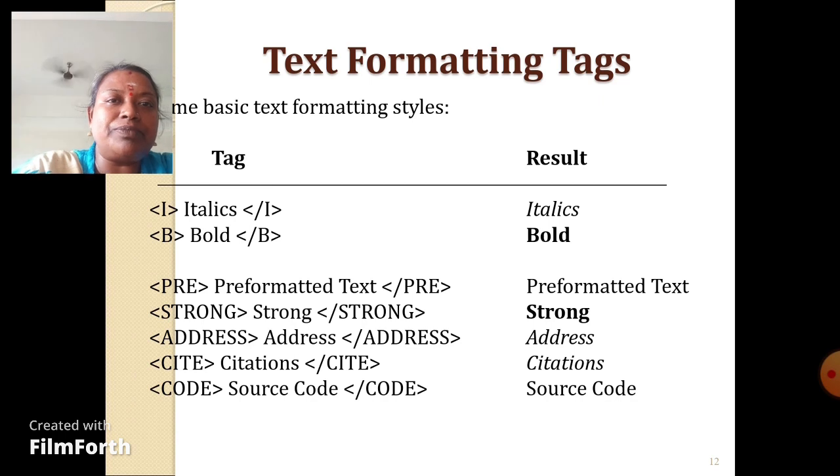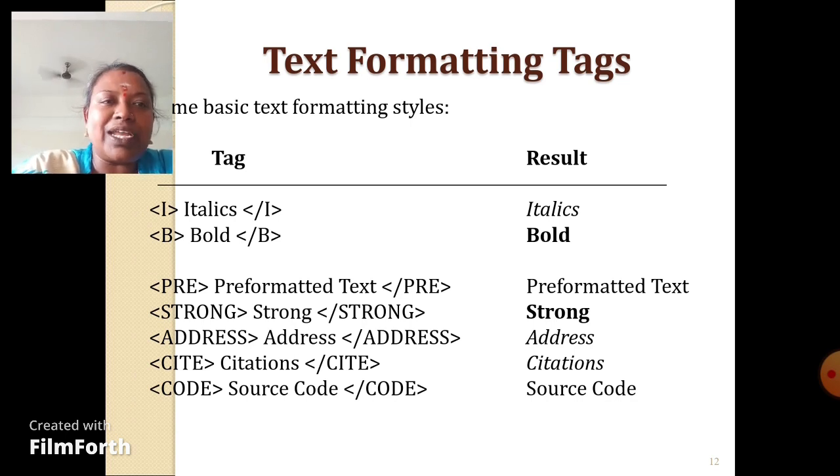Another one, b, is bold, so bold means to format the text in bold. And then pre, which identifies preformatted text, used for syntax or text format. Another one, strong, identifies bold text,